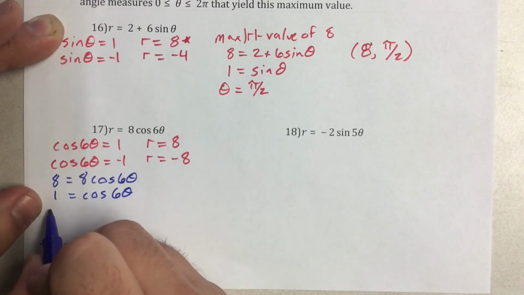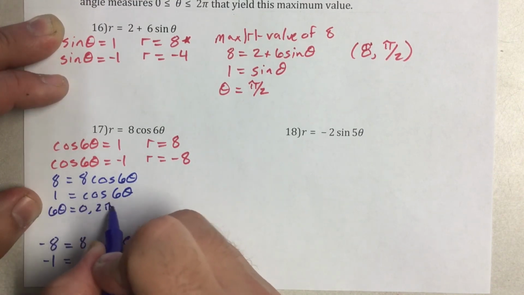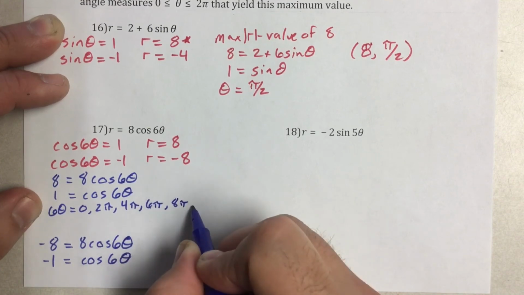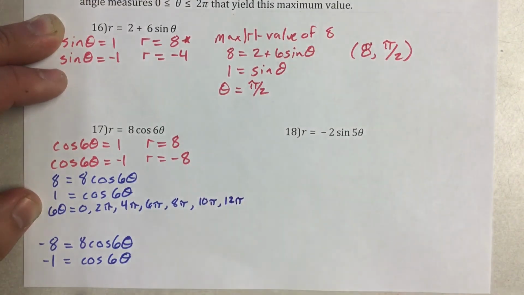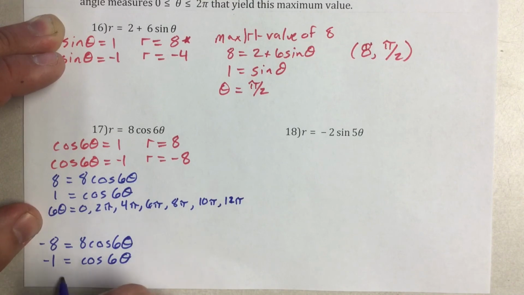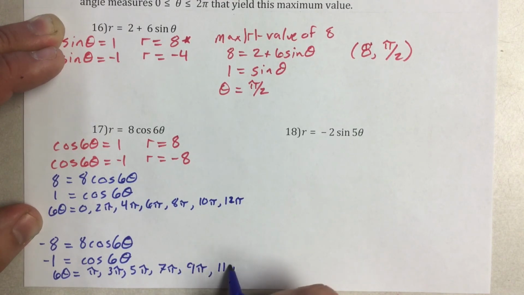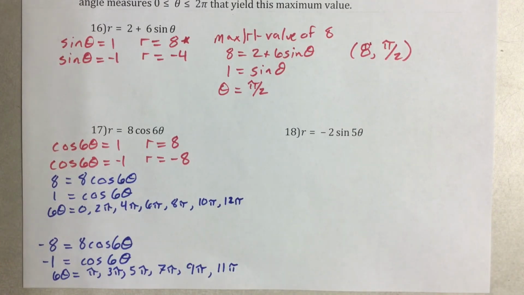So cosine is 1 at 0, 2 pi, 4 pi, 6 pi, 8 pi, 10 pi, and say 12 pi. All right, and then cosine is negative 1 at pi, 3 pi, 5 pi, 7 pi, 9 pi, and we'll just go one more and we'll say 11 pi. All right, so this is still 6 theta, so we do have to divide by 6, guys, giving us